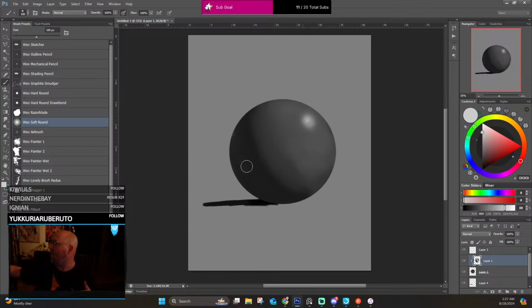So it can't be as light as the light source. It also cannot be as light as the things around it. So it can't be as light as this because this is acting as the light source. It's getting reflected light. So you're not talking about this light. You're talking about this light. So automatically, if we make the value jump from this right here to this, what is that? Probably 2 or 3 jumps on that value scale. Maybe even, yeah, probably 3, right?